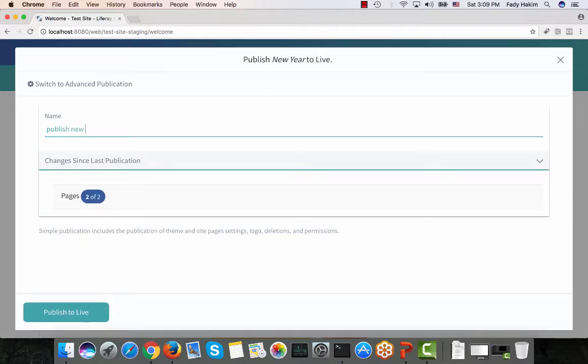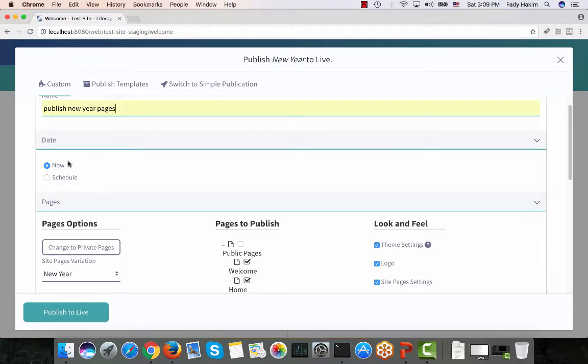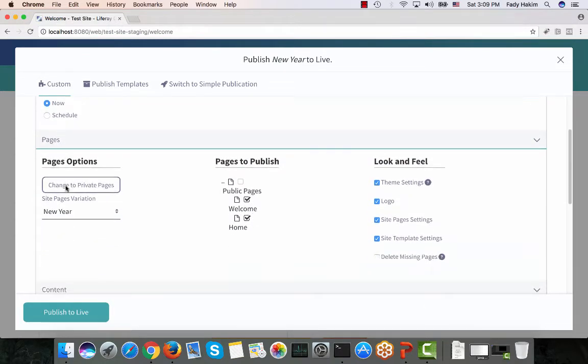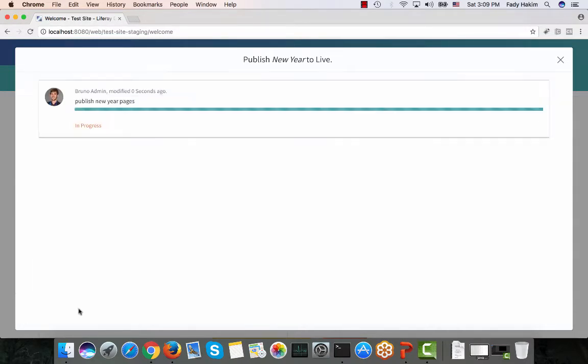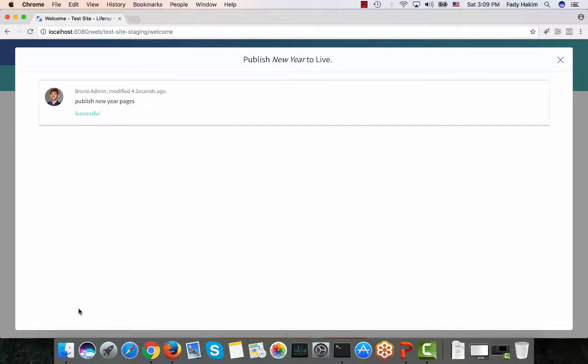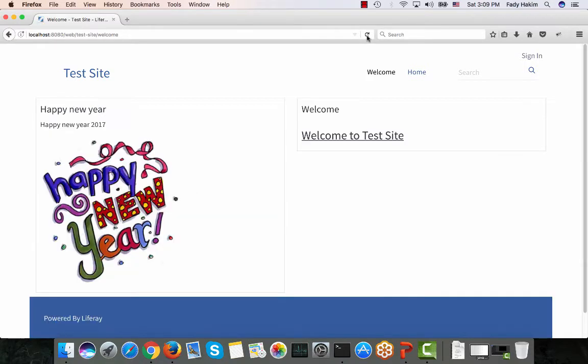Publish New Year pages, and actually, I'm going to go to the advanced tab. Sorry for that. Publish New Year pages. And again, I can do it either now or during the New Year time. And then I can say I'm going to publish this variation. Everything looks good to me, and I can click publish to live. By doing this, going back to the same page and just refreshing the page, now I have the New